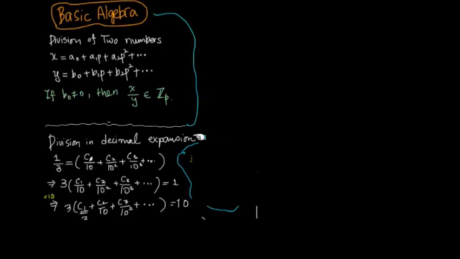So we're about to go through an algorithm that looks a lot like a long division algorithm. Let me explain what happened in the long division. This is a decimal expansion, the usual real numbers. So it's 1/3, and we try to figure out the decimal digits of 1/3. To figure that out, we write it like this: C1 divided by 10, C2 over 10 squared, C3 over 10 cubed,